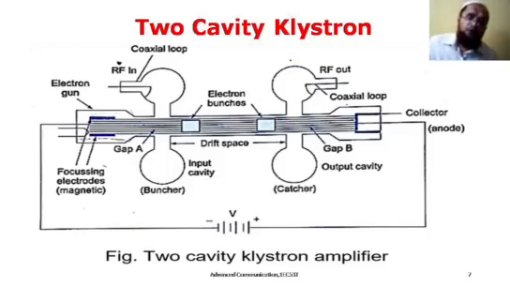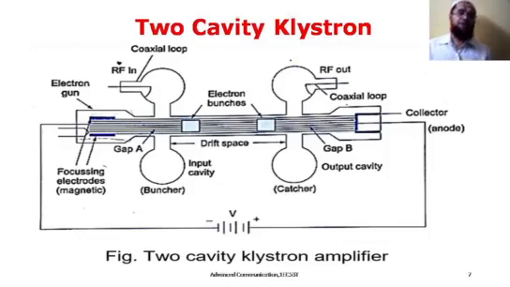Now normally electrons are going to flow speedily. Each and every electron emitted from the electron gun has the same velocity. Now what are you doing? You need to change the velocity. How are you going to change it? You are changing that velocity by feeding some RF input.